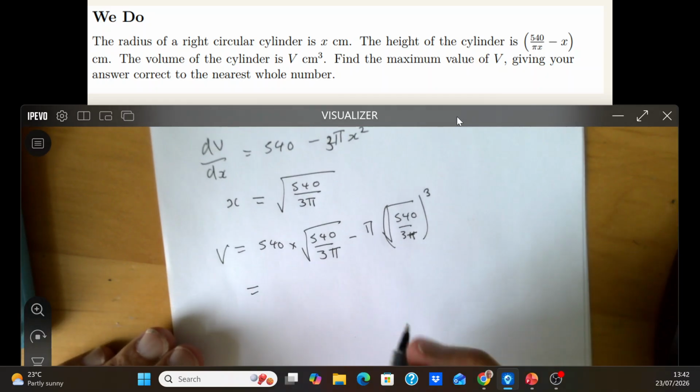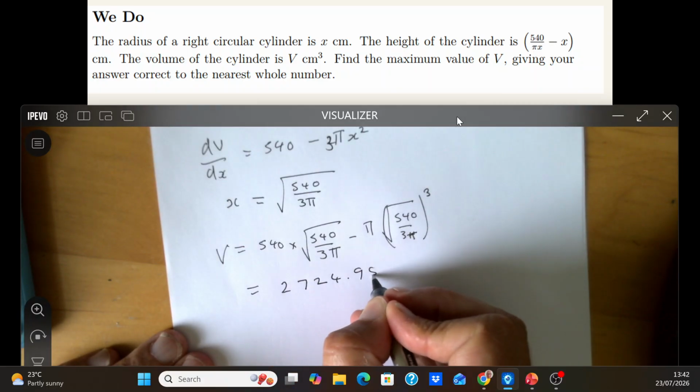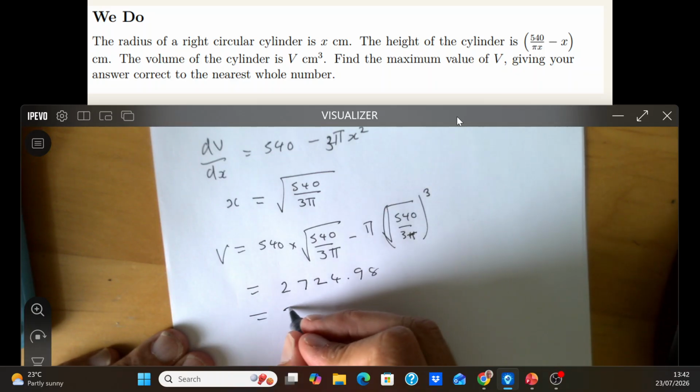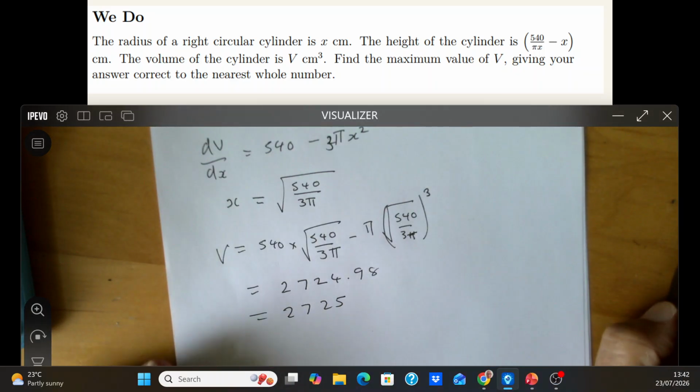Which should then give you 2724.98, which to the nearest whole number is that. Well done. Now go and have a look, go at the other